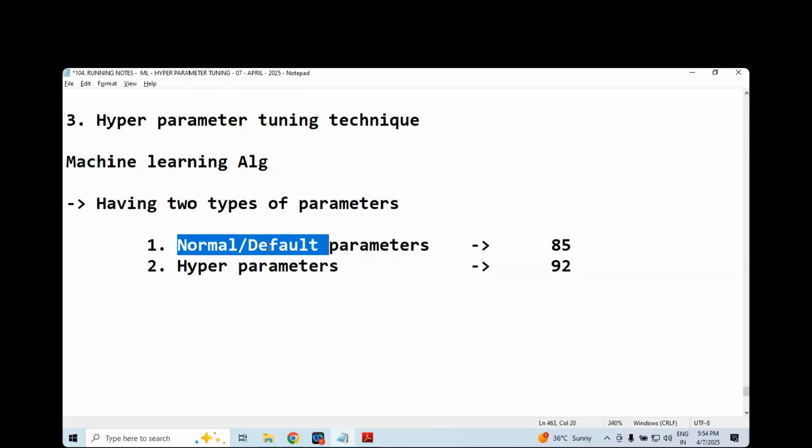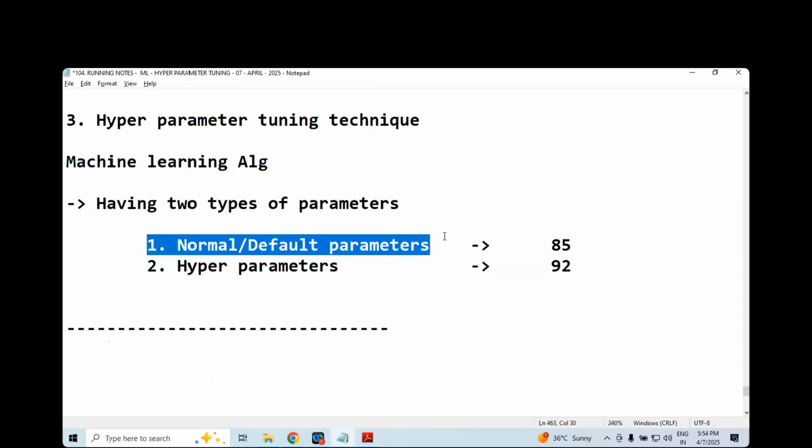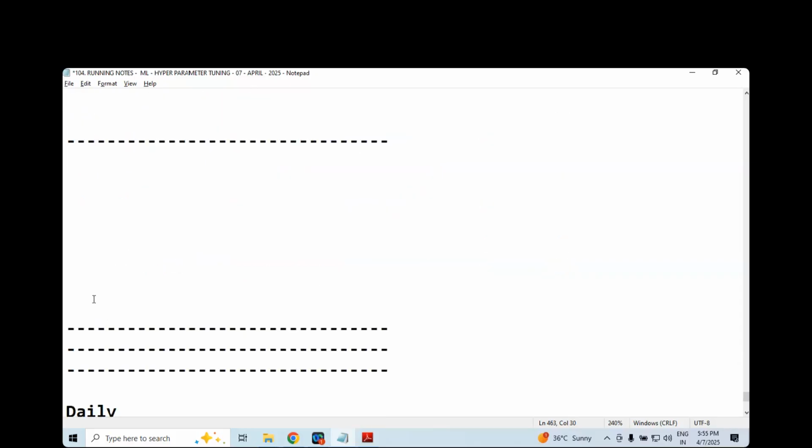Let me tell you one more example. Whenever you run a machine learning algorithm, default parameters are involved automatically. Only default parameters are involved automatically. But hyperparameters never get involved automatically. Being a programmer, we need to trigger them explicitly. We need to customize the value. I will show you practically, and we'll get an idea. If you want, I will give one small example. The example will be,